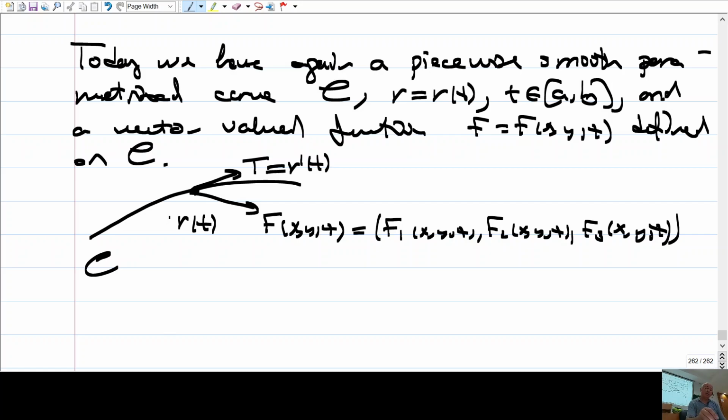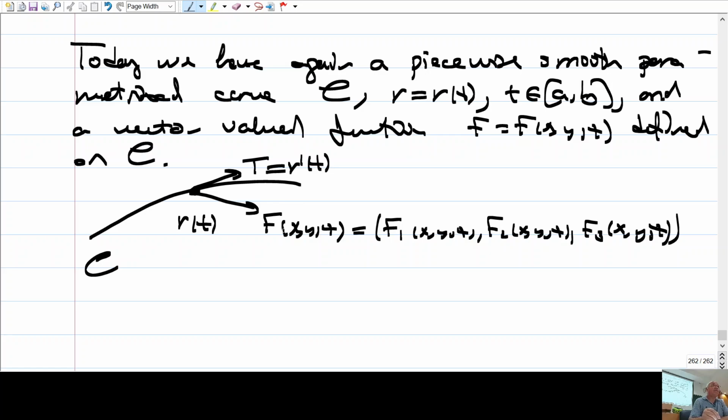T is the tangent vector, and F is the force you apply to this mass. And you are just pulling this object over the curve C. Then what is F times the